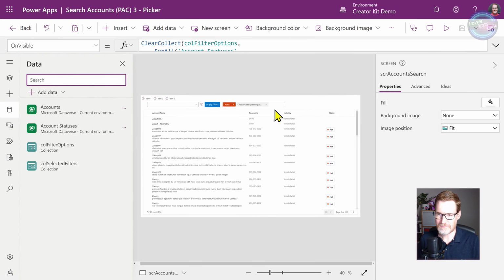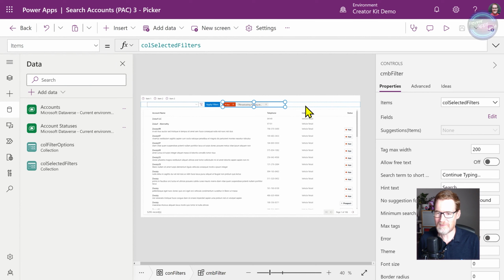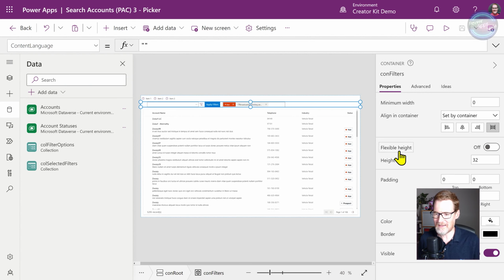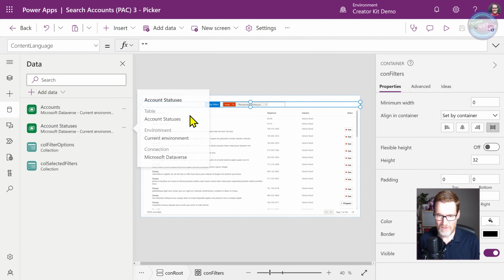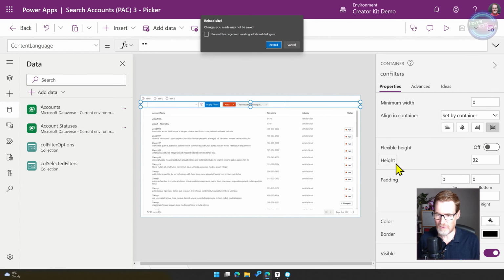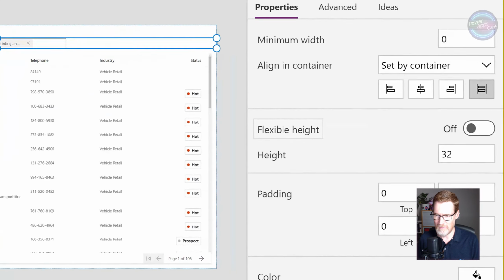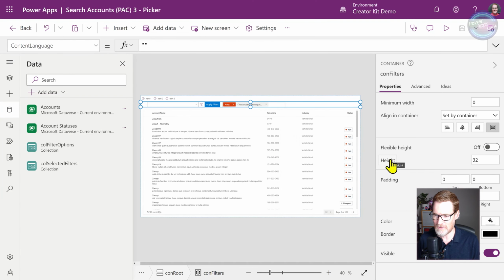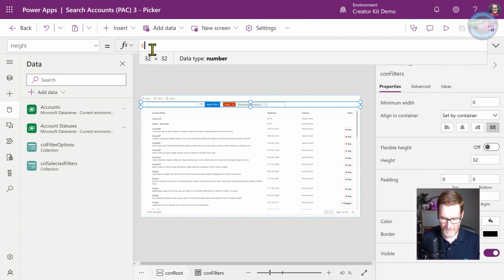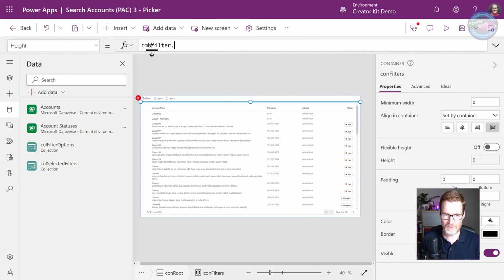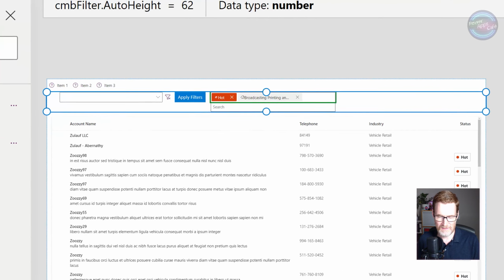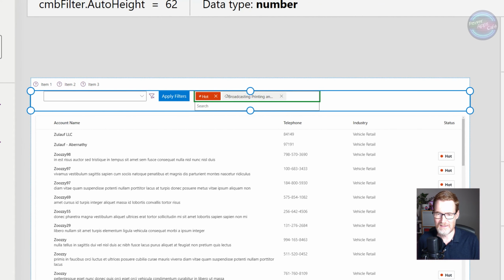help much. So luckily what we've got here is a property which we can use to automatically manage the height of this container here, this filters container. And you can see at the moment the height is just set manually to 32. But what I can do is make this height to be filters here like that, and then I can set this to be the auto height property. So you can see here it's automatically moved to be the actual height that it's expanded out to.